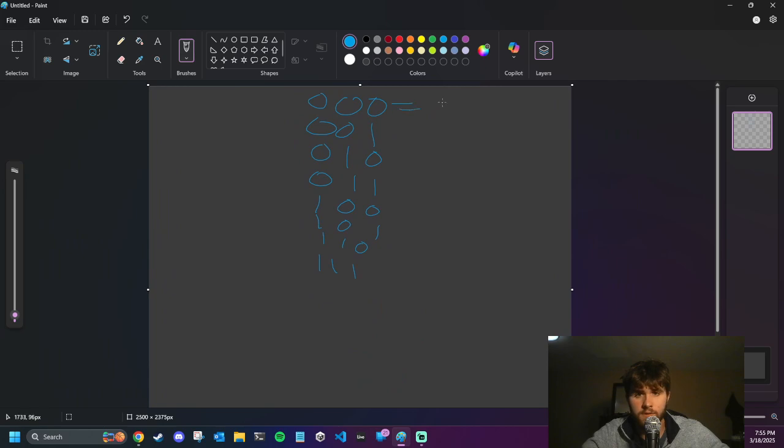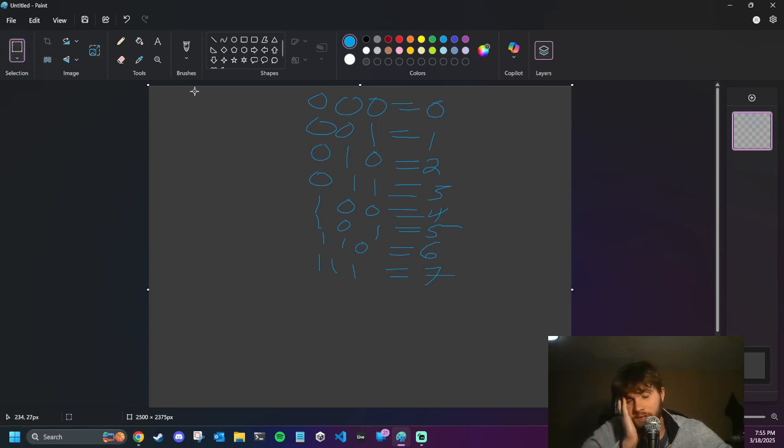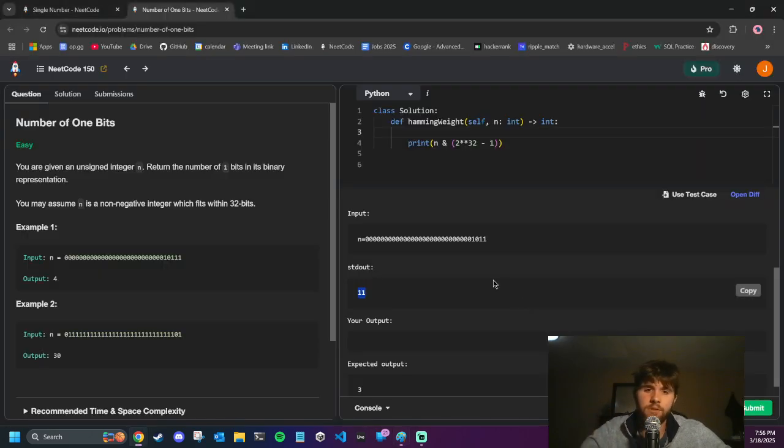Okay, so this is 0, 1, 2, 3, 4, 5, 6. So I'm wondering if it's some weird division thing where we say if it's divisible by 2, then the number of ones goes up by 1. If it's divisible by, well, it's not really if it's divisible, right? It's more like if it has a 4 in it. But then we'd have to start all the way from the beginning. So I don't know why you couldn't just